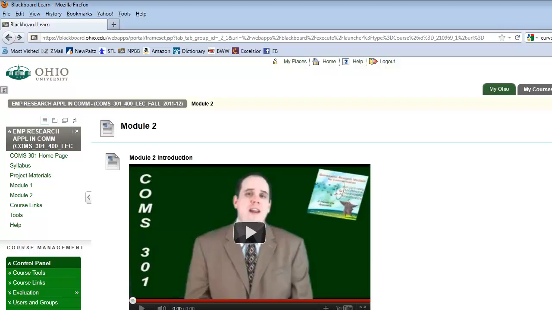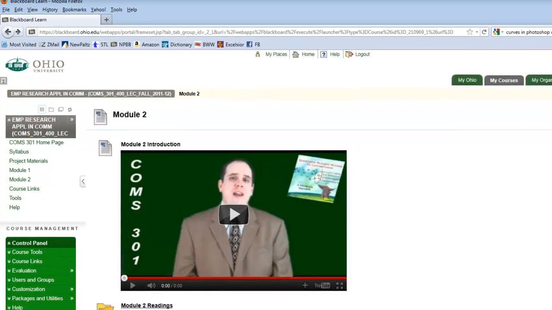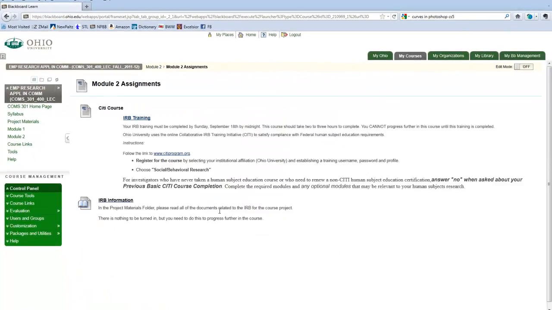Look to see what readings are due that week, look at the discussions, and always look at that assignments folder. While you can check out the syllabus, and it'll tell you when various assignments are due, this module folder will tell you clearly when things are due during that week. So like if we look back at that city thing, one of the things that you'll see here is that